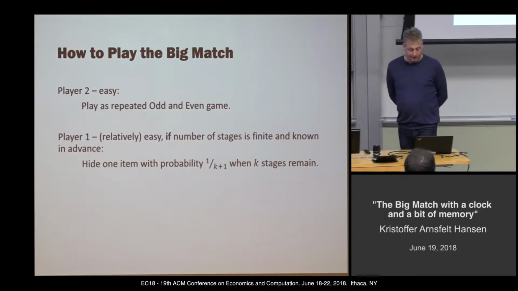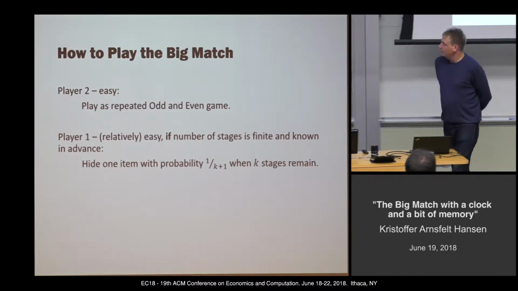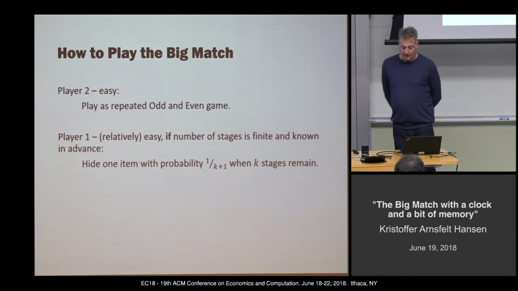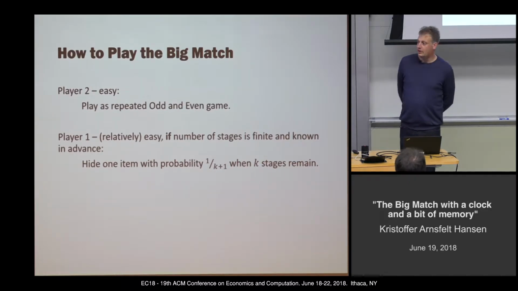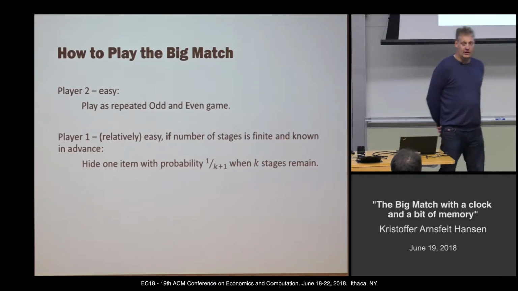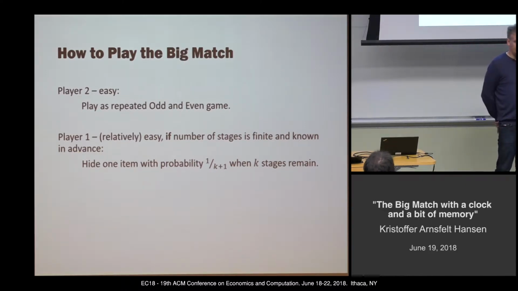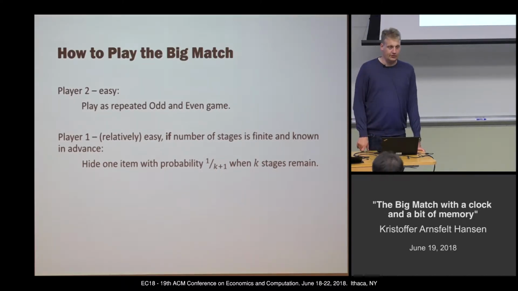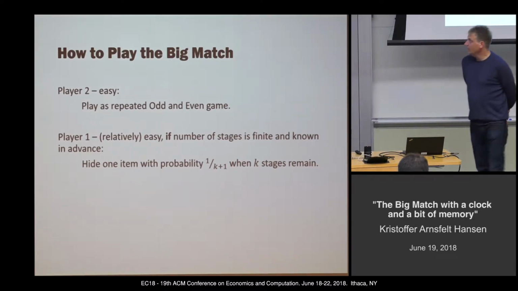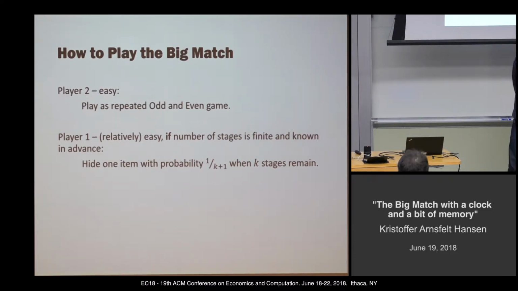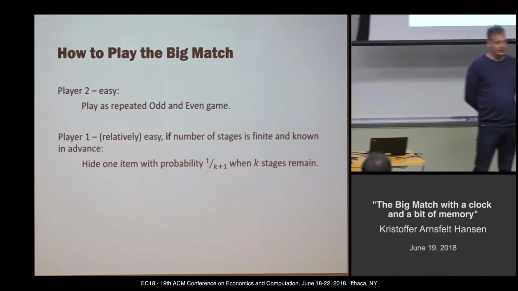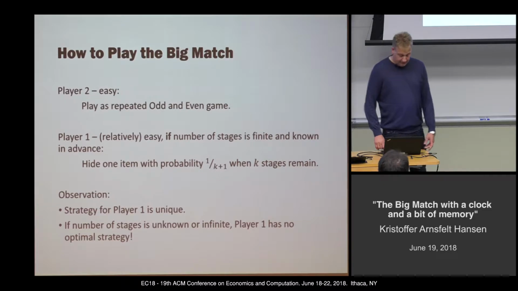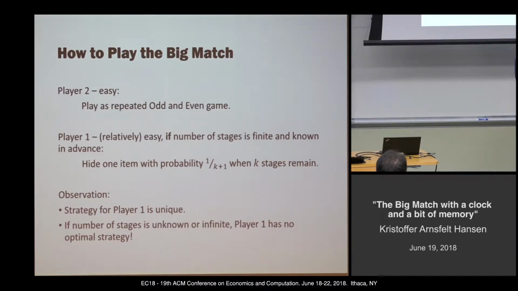Then there's a unique optimal strategy for player one, and that is that you play the absorbing action with a probability that starts out being very, very small, 1 over the number of stages plus 1, and it gets all the way down to a half at the very last stage. By that, you can analyze that player 1 ensures that player 2 receives at most 0 points on average. So the value of this game is 0, and another observation is that this is actually the unique optimal